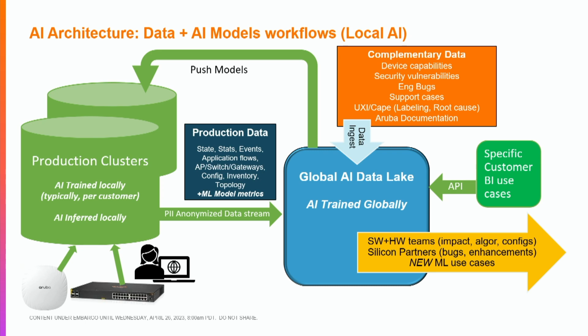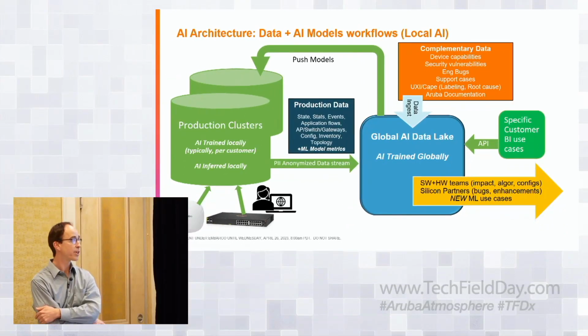So now we could create a model that mixes up telemetry from the devices with things that we know about security, bugs, support cases. And in addition to pushing models to the production clusters that are based on all this multidimensional data, we could actually create internal use cases shown at the bottom right in yellowish. Because we're running these models globally across all our 200,000 customers and 2.5 million devices, and it's actually growing,